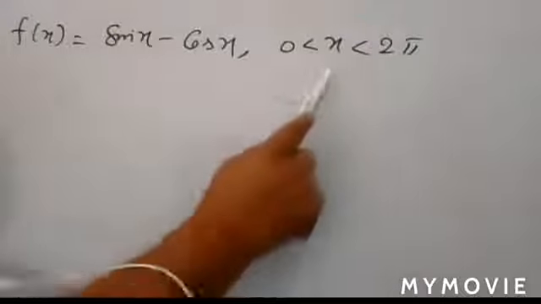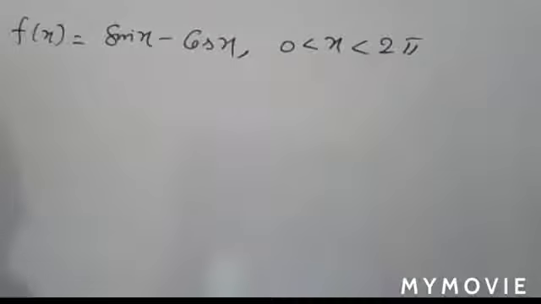But if you have a closed interval and the question is, sorry, the word local is not given, find the maximum and minimum value of the function in the closed interval, then you have to find the absolute maximum value or absolute minimum value of the function, meaning throughout its domain. Okay, there is a derivative method also to find the absolute maximum and absolute minimum of the function. That we will discuss later on.